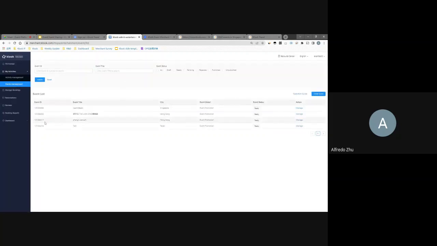Then you can jump into the main page of how you can manage all the events that you want to promote on Klook. In this page, you can see there are mainly two parts. The top part